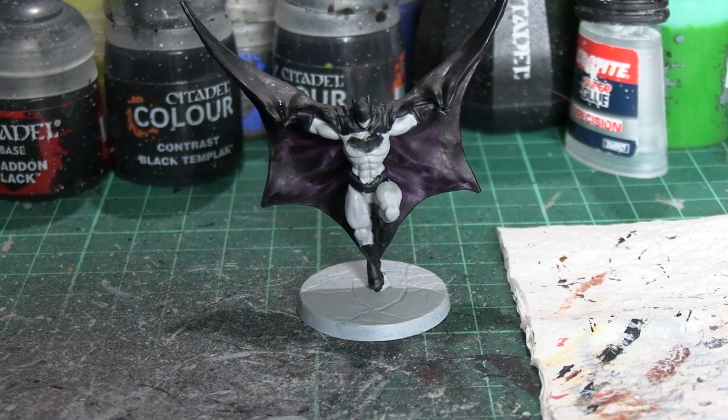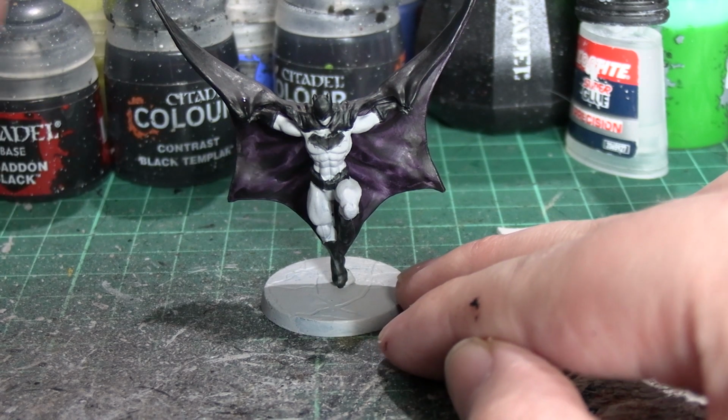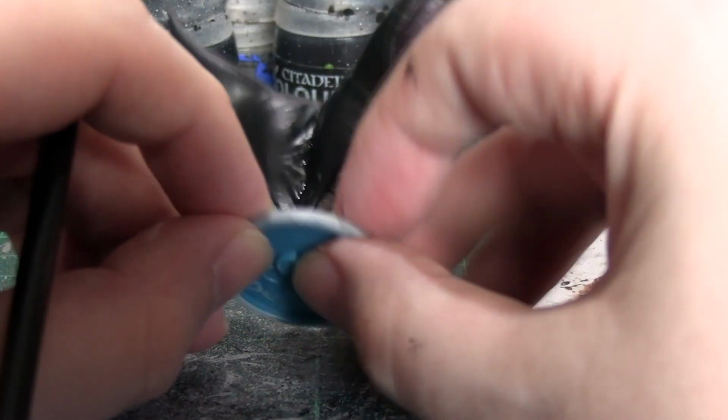So the black contrast still has a little bit of drying time, but we're doing the check-in now. Cleaned it up a little bit with grey cere. Also during the time skip I totally forgot to do the insignia and the belt, so did that off camera. Cleaned up his jaw with some grey cere, and also on the back, which is why it's still wet, applied